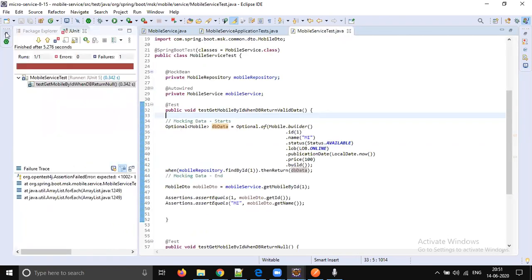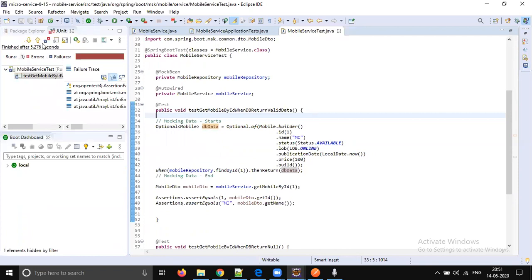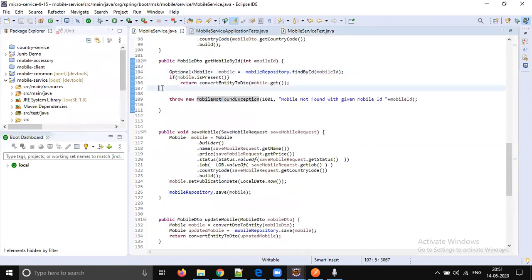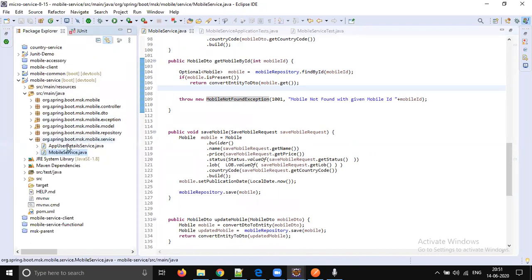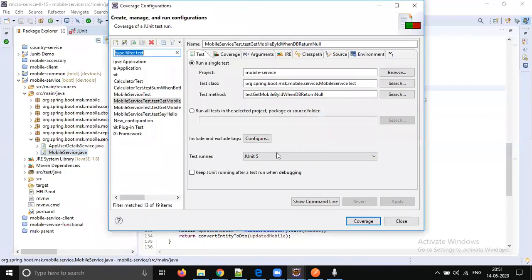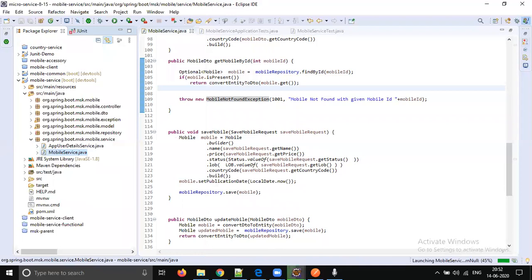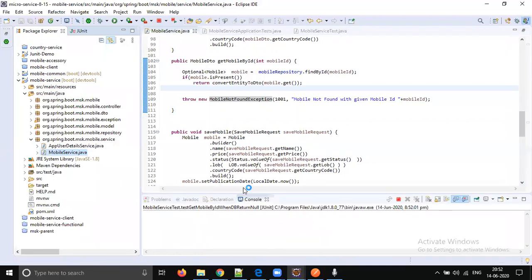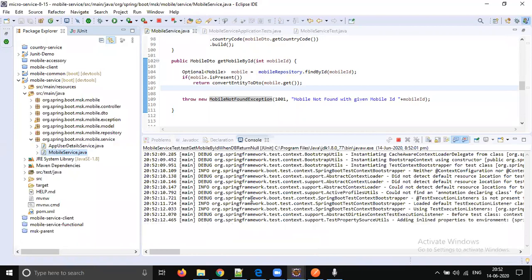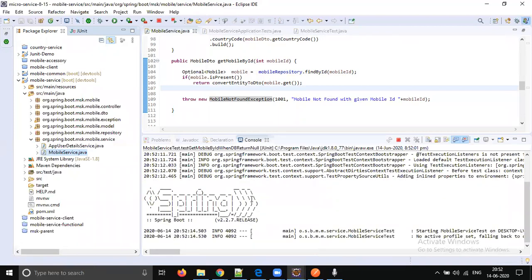Once you are done with all those things, you can check how much code coverage is happening in your application. For example, let's go to this particular class and see how much code coverage has happened on it. Right click on this class, go to coverage and see coverage configurations. JUnit 5 coverage, right? It will show which methods are covered and what percentage is completed in this code. It is going to run the test case and show you the total coverage of that particular application.